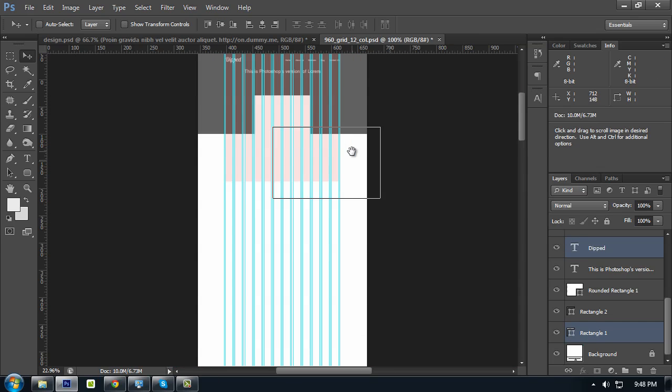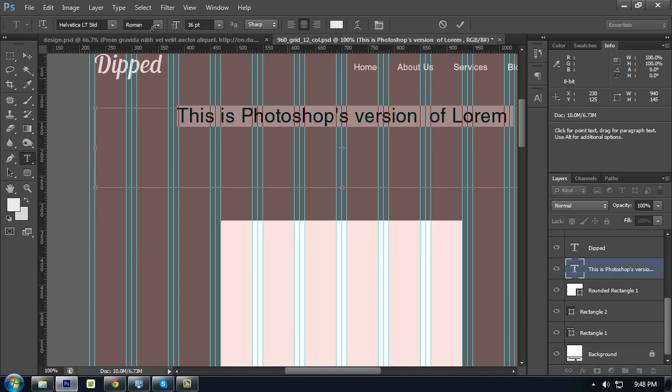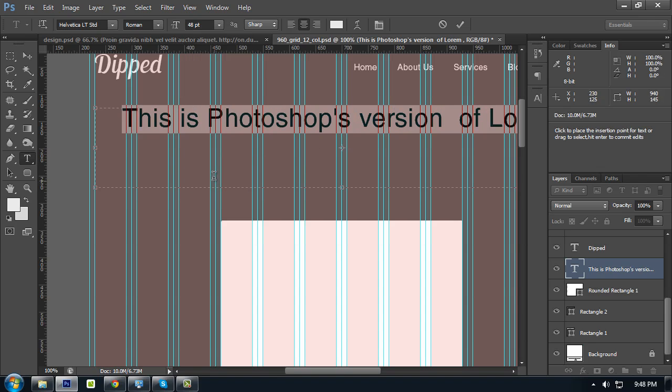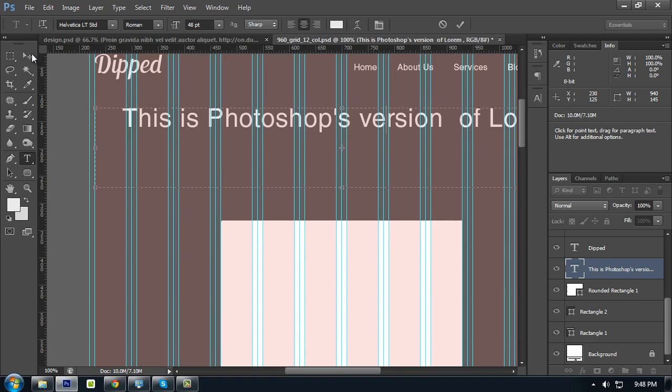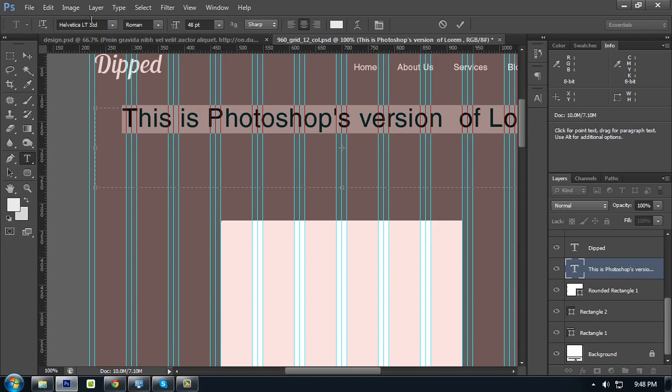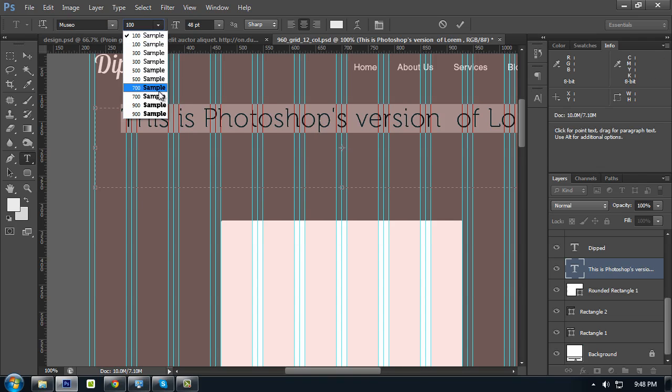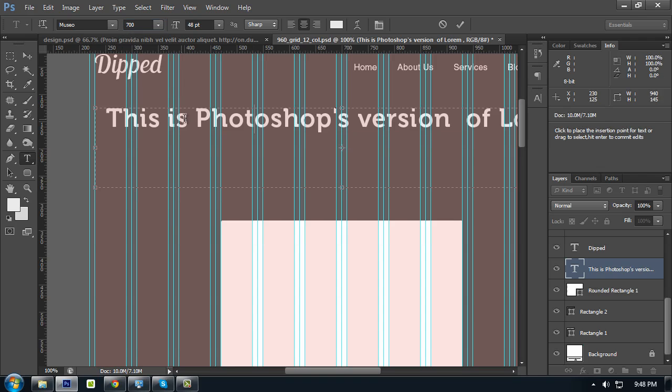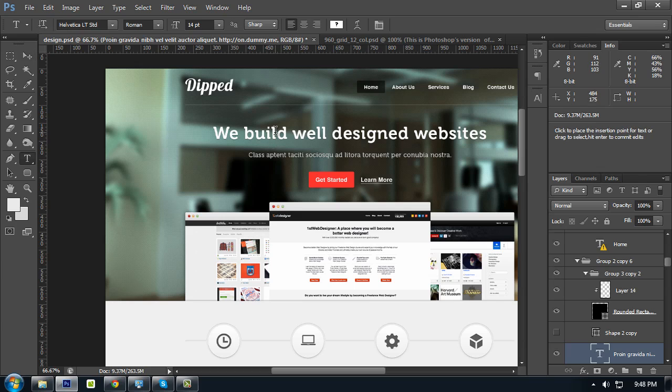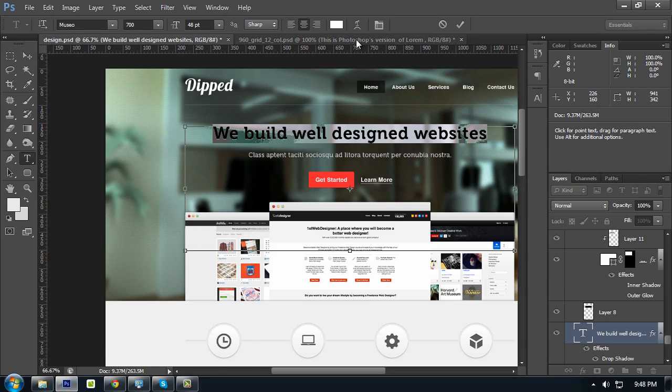Center it again. And for this one, if we're going to change this to Museo, make this 700. Let's try what we have here. We build